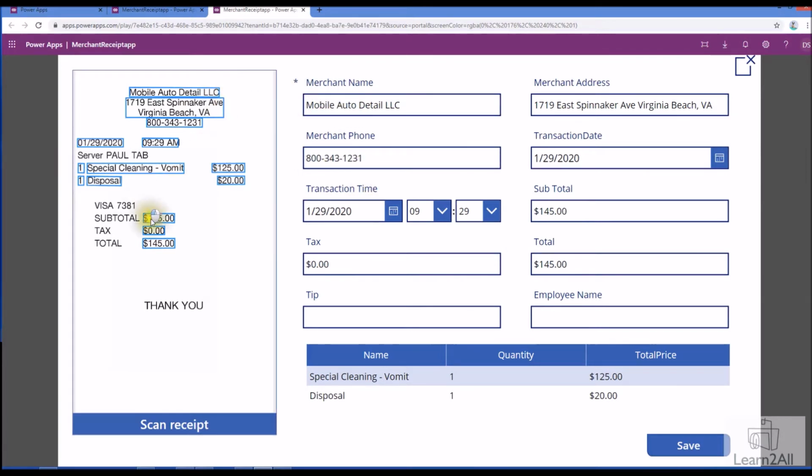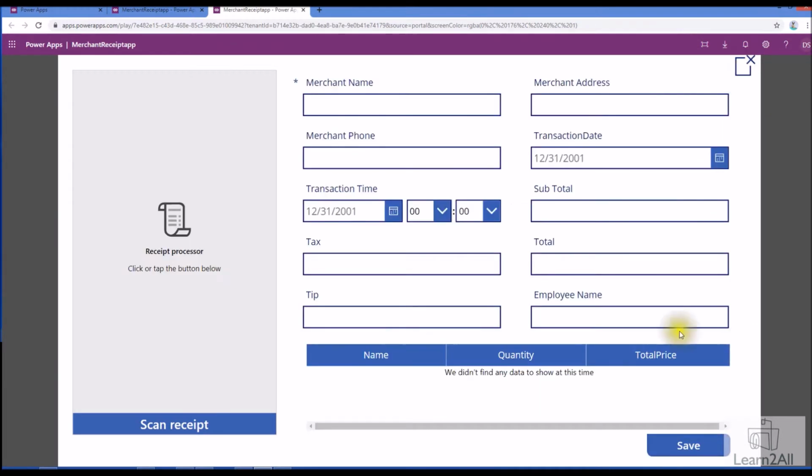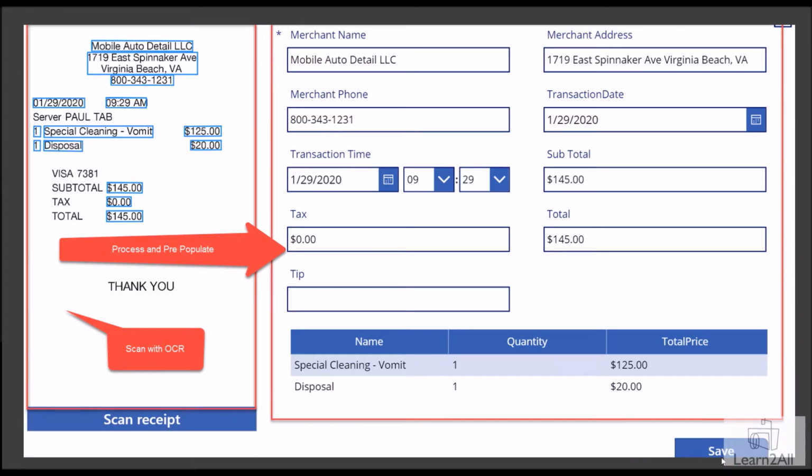You can see that all the fields have been detected perfectly, and two items have been purchased, so two items are showing in this SharePoint form. If we want to add any additional information, we can add that, and whenever we save it, it will store the information to the SharePoint list, right? This is something we are going to build at the end of the session. So stay tuned for this development process.